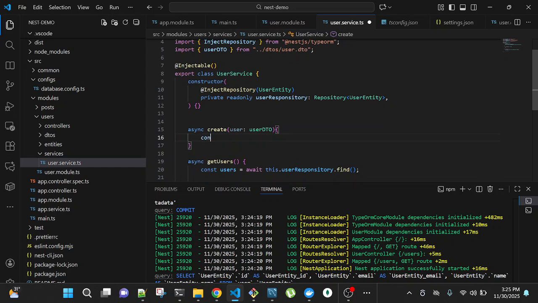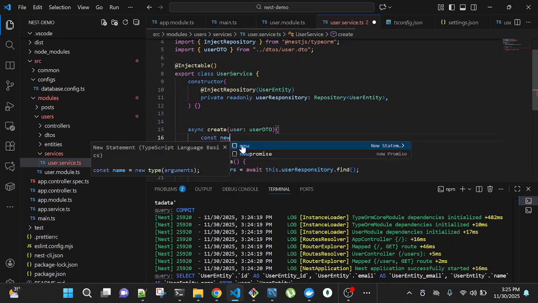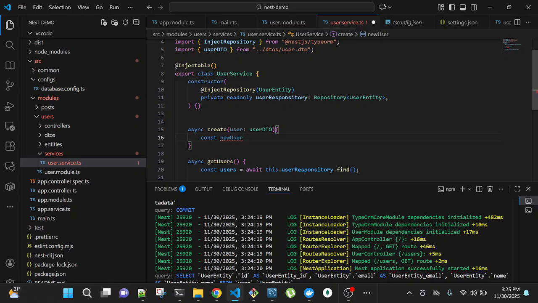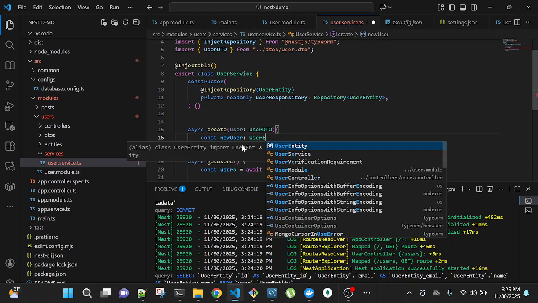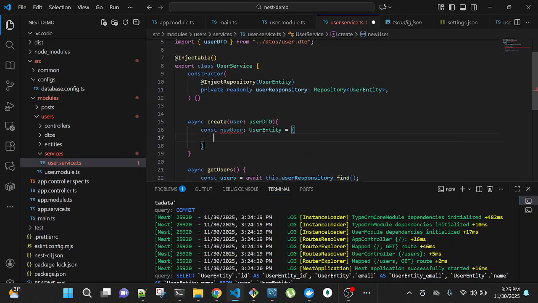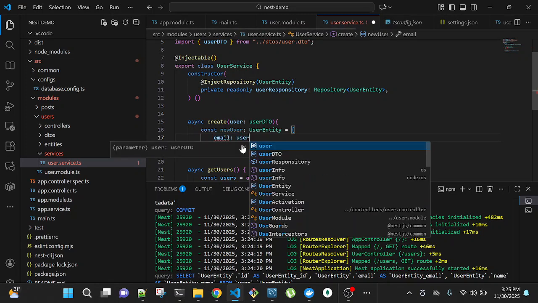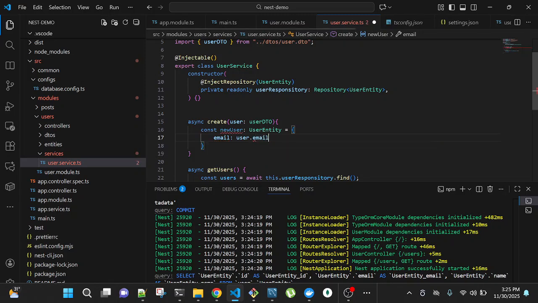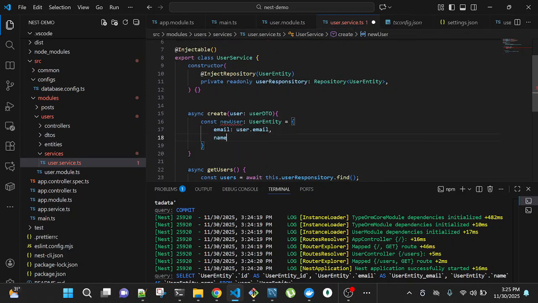Then when I want to create the new user, I'm going to model it according to the user entity. Then what's the email? User dot email, name, user dot name.